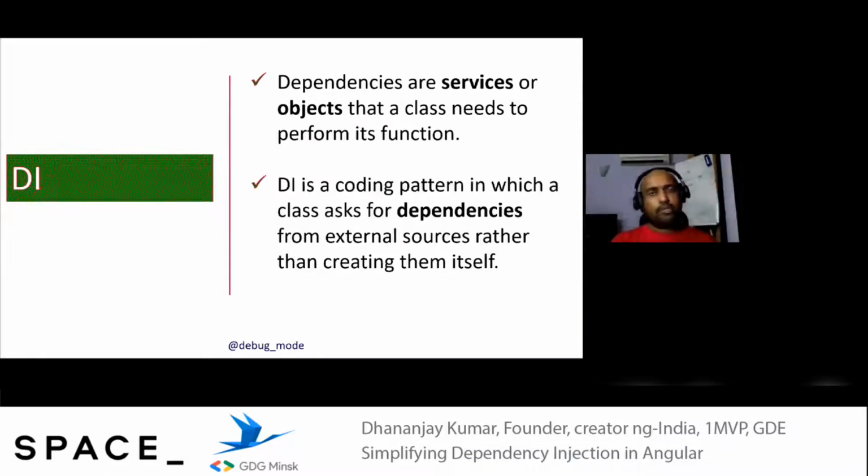If you have done even a small bit of Angular programming, you may remember that you do not create the object of a service yourself. You follow a certain syntax, and then Angular makes sure that you get a reference to it. And the whole purpose of this lecture today is to understand whether Angular gives us a new object or an existing object. When we follow a certain syntax, Angular is going to create a new object, or it is going to reuse the existing object. So this is the definition of dependency injection. You can learn more about it.